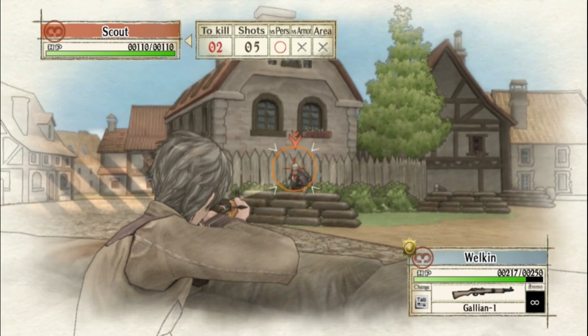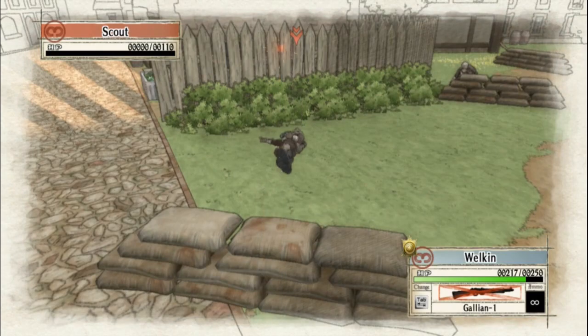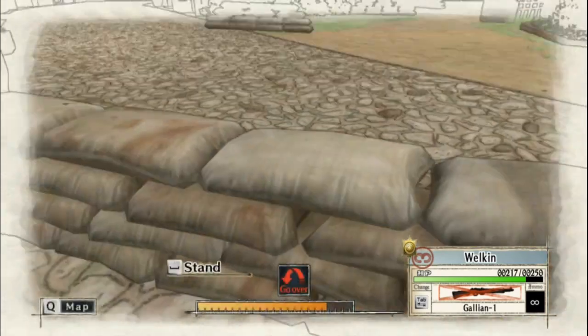So if I want to kill this guy in 1 turn, I need to go for the head and hope that 5 of the shots hit. So I will left click and there we go, 2 hits connected, which means that guy is dead. And then I will reload my weapon, which signifies the...